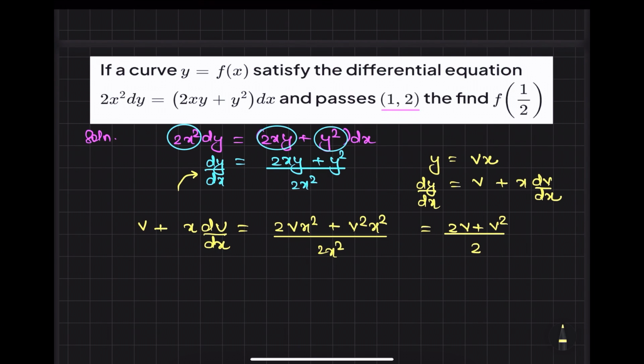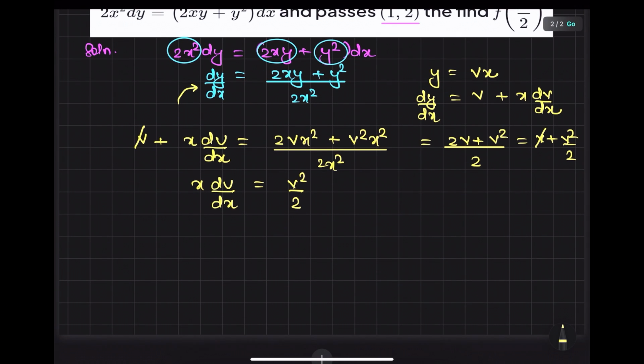Now if you observe, you can apply the variable separable method. So first, look at this, can I write this as v plus v square by 2? So this v is gone, and we are left with x dv by dx equals v square by 2. At the end, every question will be converted into variable separable only. So we can write dv by v square is equal to dx by 2x, and then we have to apply